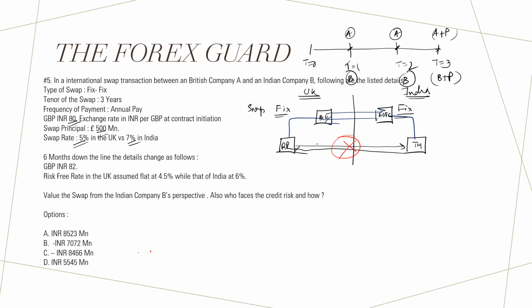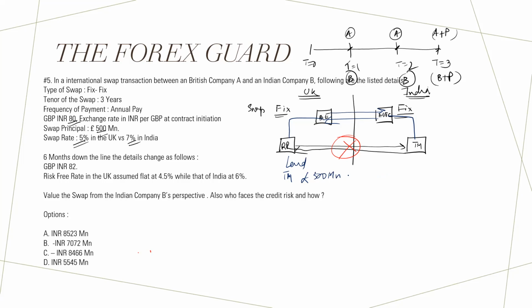All right, so let's see how things would be. Initially, they would exchange the principal. Now here, as I said before, since it's not a domestic swap, the principal exchange is not notional. It's a physical exchange of principal, which means that Rolls-Royce in UK will actually lend Tata Motors an amount of 500 million pounds,